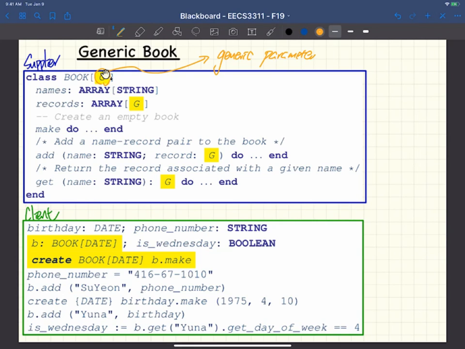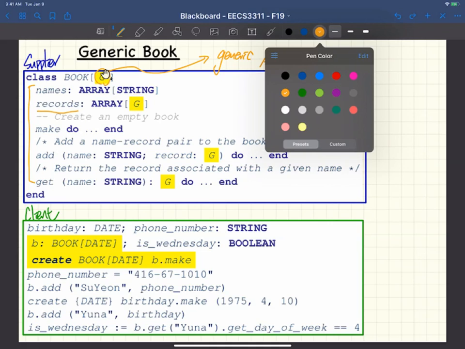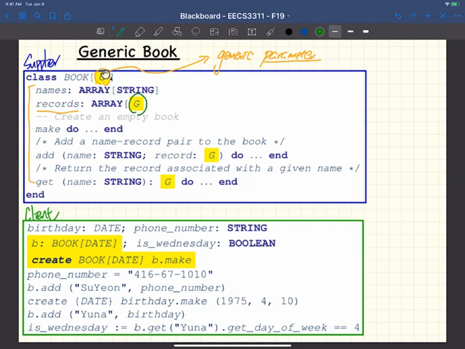The reason that it is called a parameter is because it can be used by the scope of the current class, which means the records over here can make use of G. Okay, let me use a different color over here. The record here can make use of G. And also you can see over here, the parameter type can also make use of G. And also the G return type can also make use of G. Okay, so now you can see, I want to say that again. So these are the use of parameter